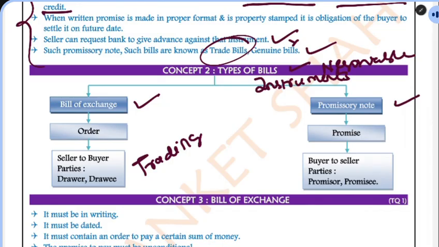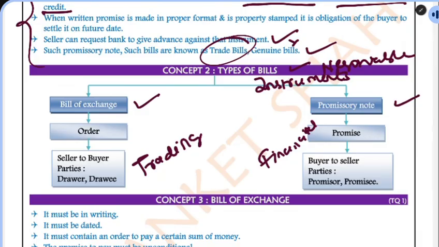The promissory note is used for financial settlements. That means for borrowing, we use the promissory note. Remember, promissory note is not used for trading. When it comes to trade, it has to be bills of exchange. For example, if I am lending 10,000 rupees to Manikeshwari, I cannot draw bills of exchange. I have to go through a promissory note. But later on, I will tell you how promissory note works and how bills of exchange works.